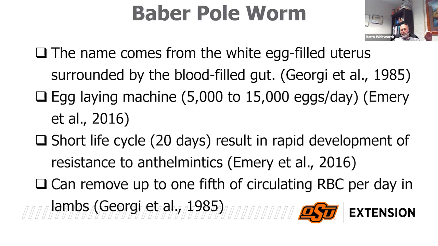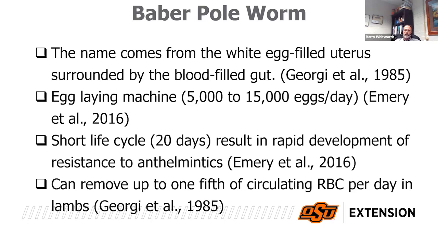Most of them, what they're going to do in that arrested development stage is overwinter, or they're going to go into it in the hot, dry times and get through that hot, dry summer. And when it cools and moisture comes, they're going to go ahead and molt to an L5. So normally you think about it, we get to an animal, from late fall till spring is when you're going to see it up north. So you're thinking, two to four months at the most. And the same thing maybe in the summer. That's going to be more normal. But there are some unusual cases where they have lasted a long time.